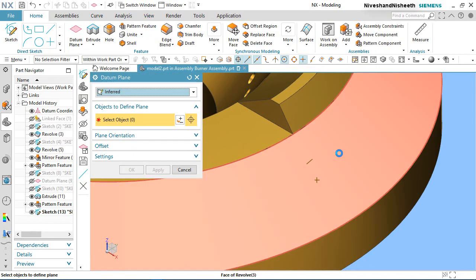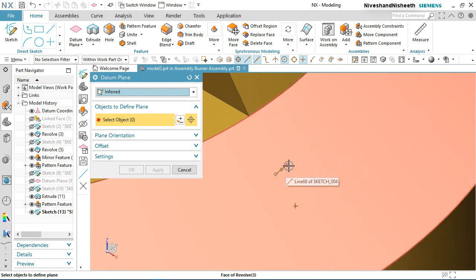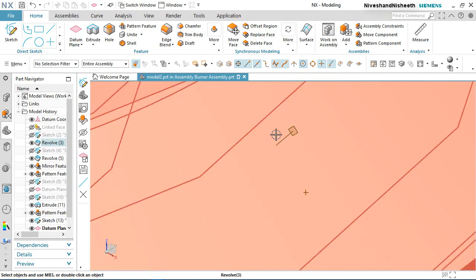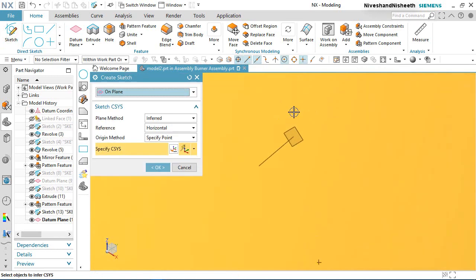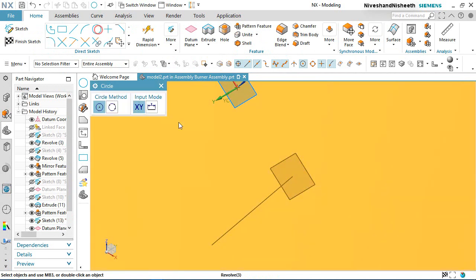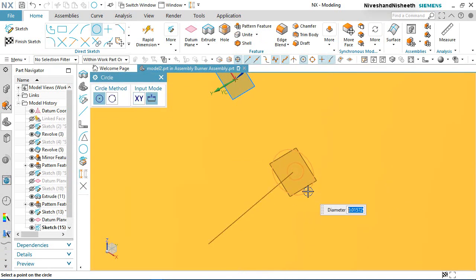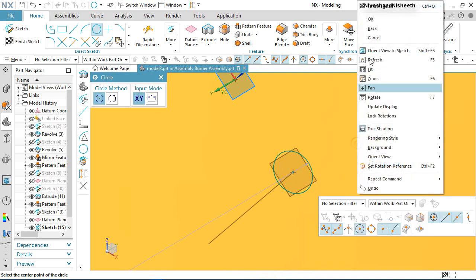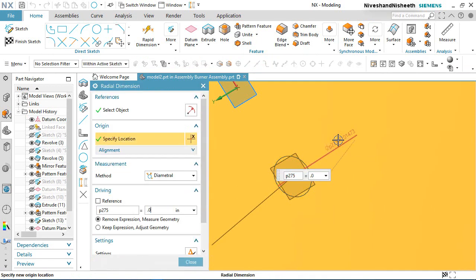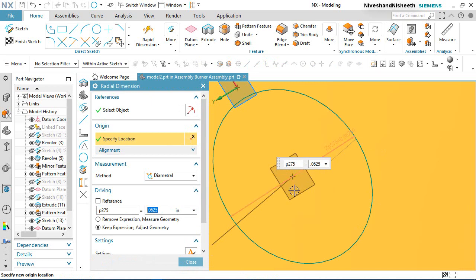Create a plane on this end point of the line. Start the sketch on this plane. Create a circle. Apply the diameter 0.0625 inches on the circle.